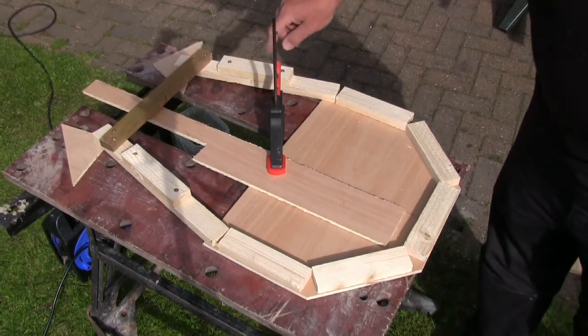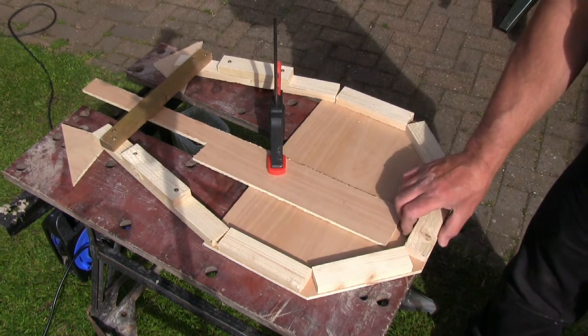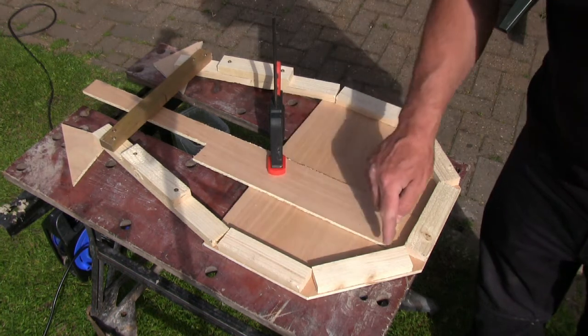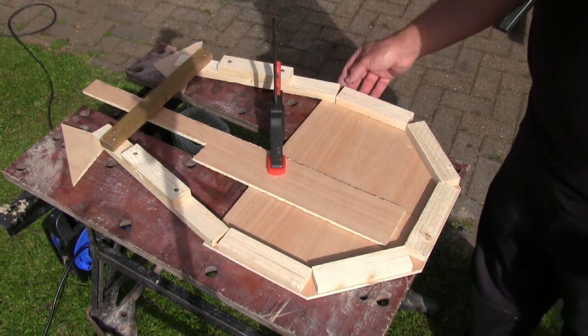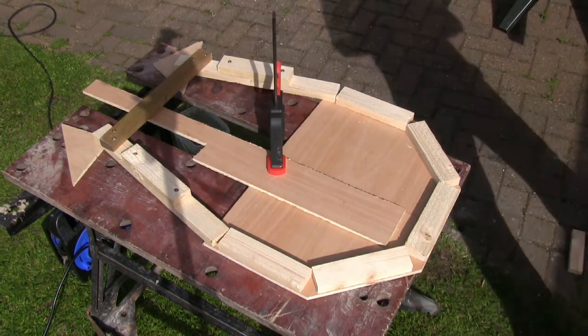So now I've got this in place. I've made sure that these are back in place again, as some of them have moved. So we're just looking for the outside edge to all be flush, for these to be touching, and for it to look fairly square,